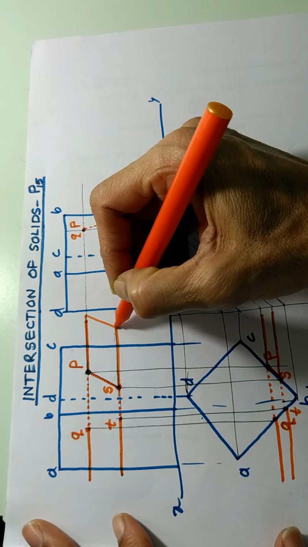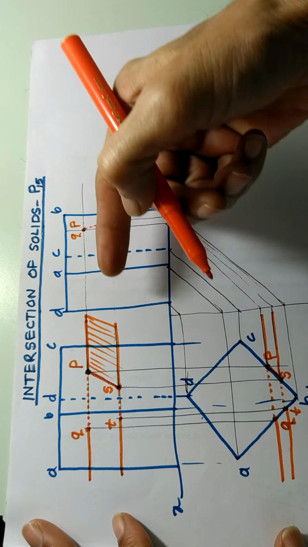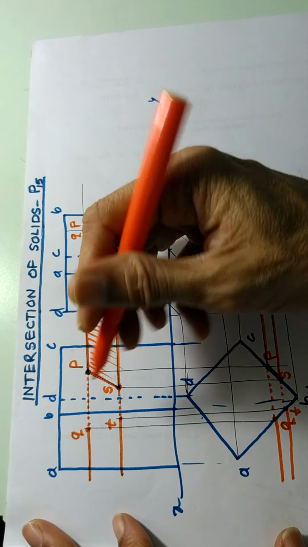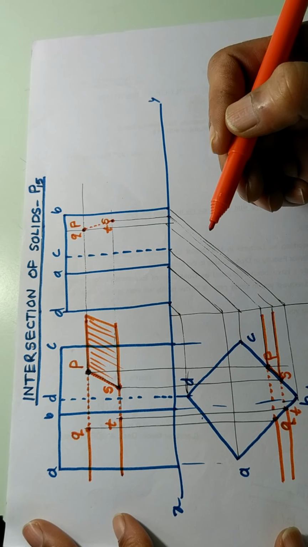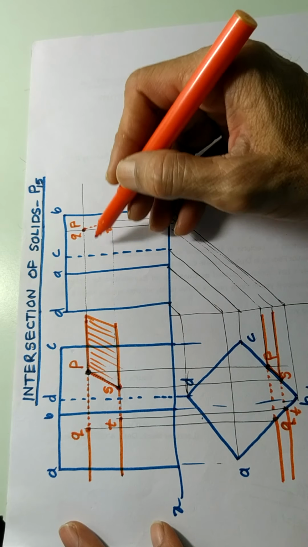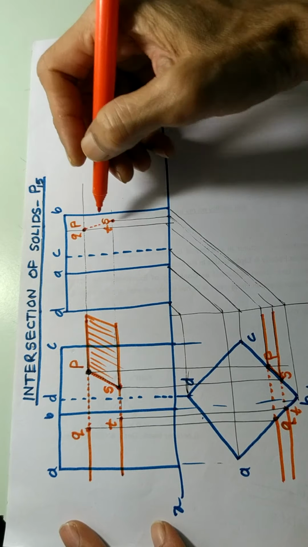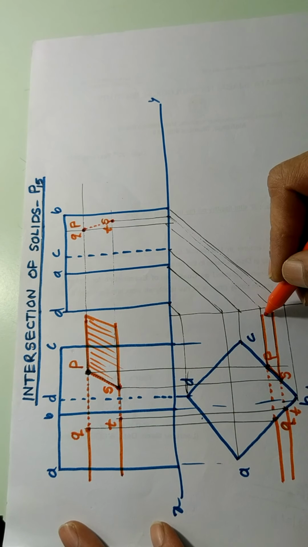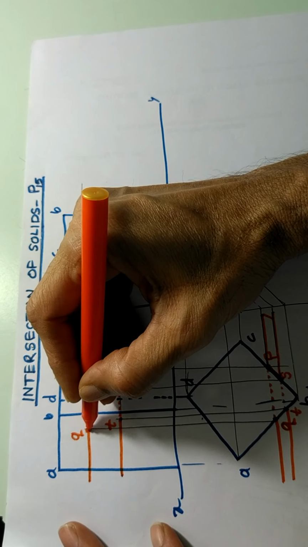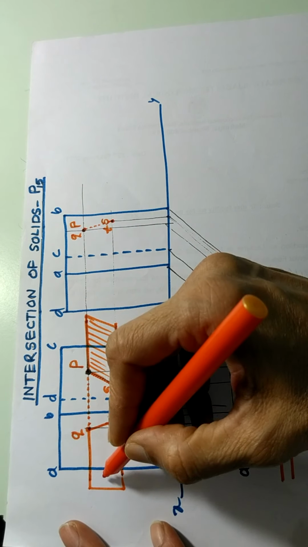Okay. So now what we are going to say is that this prism is cut by, suppose I join it like this, then you can say that this is a plane. So there is one plane, this plane is coming and touching the prism at this line. Okay, and our job is to show where this plane is in all the 3 views. So this plane is shown like this, and in the top view it is shown like this. This is the plane, and that plane will come out from here and it will continue like this.